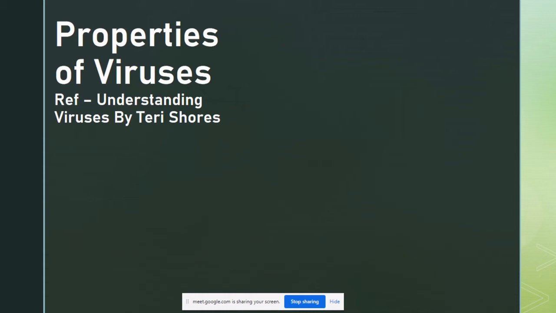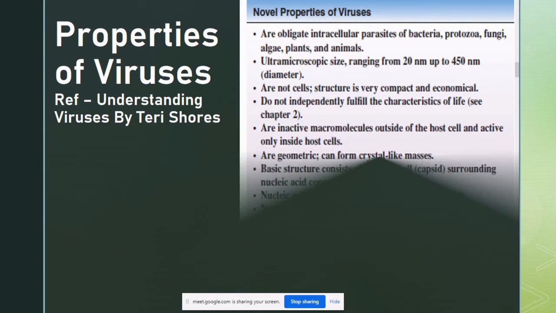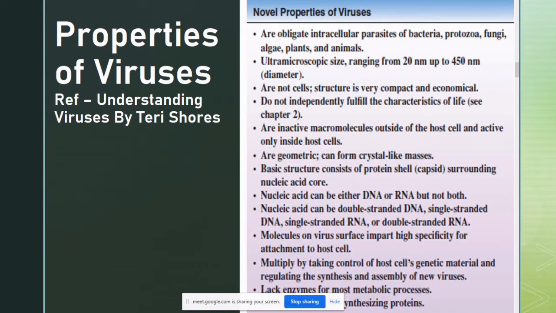So whatever I'll be dealing with is what information I had read from this book, plus some of the properties that are very common. Okay, so this chart that I have placed on the screen is from Valero. Of course, the properties of the viruses won't change, so there is no harm in reading from another book. But as I said, if I come across new information, anything extra that Terry Shores gives, then I will add it later. So to revise whatever you have learnt, they are obligate intracellular parasites, right?